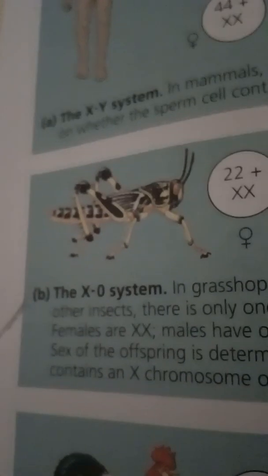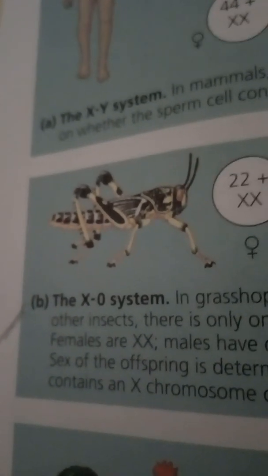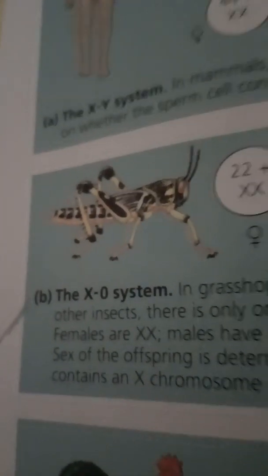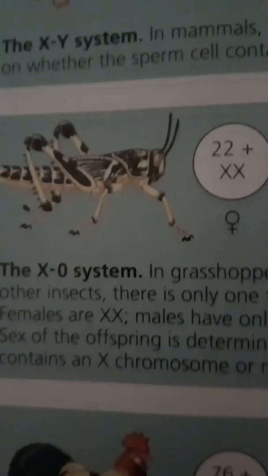If a sperm cell containing a Y chromosome fertilizes an ovum, the zygote is XY, a male. This sex determination is a matter of chance, a 50-50 chance. Besides the mammalian XY system, there are three other chromosomal systems for determining sex, shown in this figure, as we see here. In parts B through D, as we see, notice that